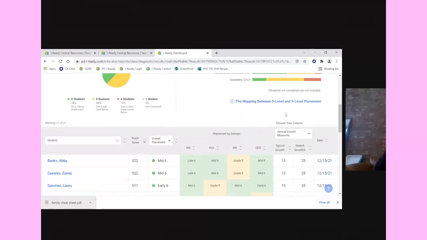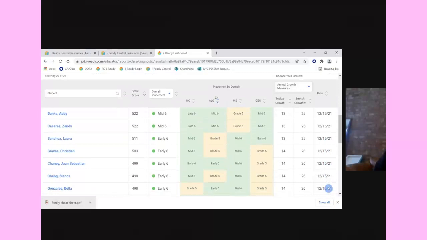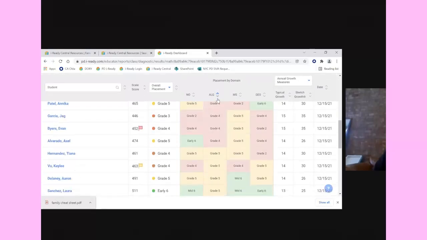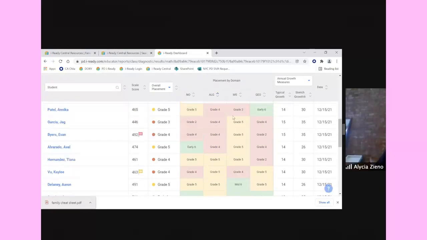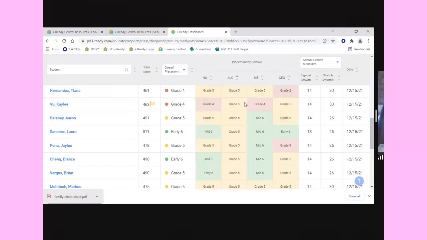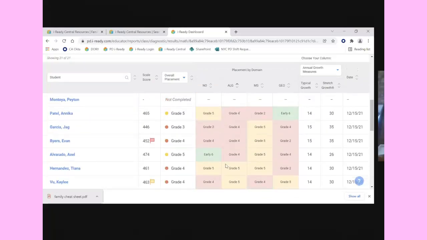So I would come down here and use these little arrows next to my domain. So for algebra, I'm going to sort high to low. See that? This gives you some small group definition. And then here are all my students that are 1 grade level below. I can click into their individual student report to see those next steps and resources for instruction, because all of these students need help in the same area. So I can look at this student,